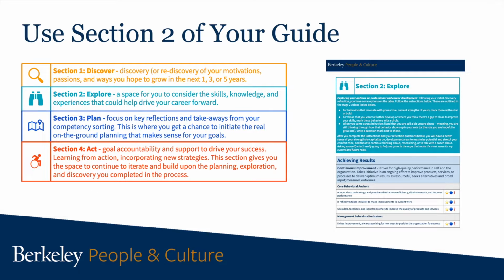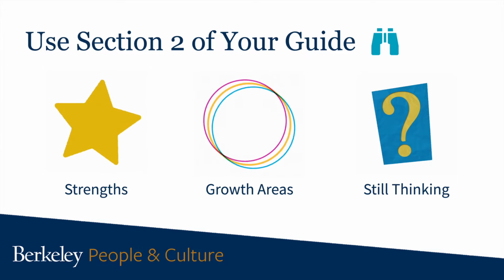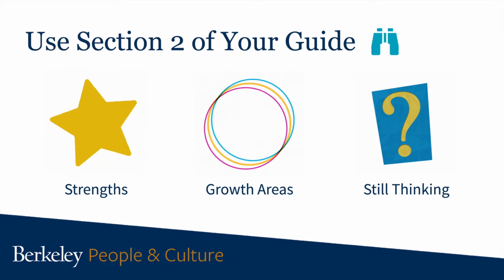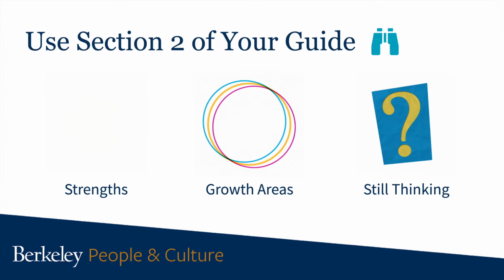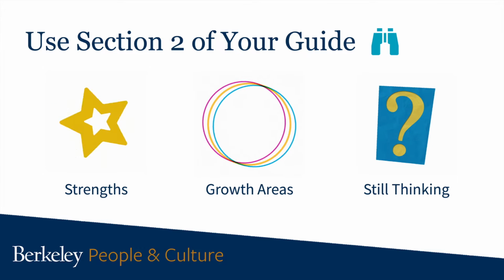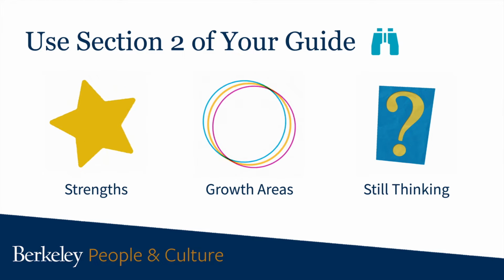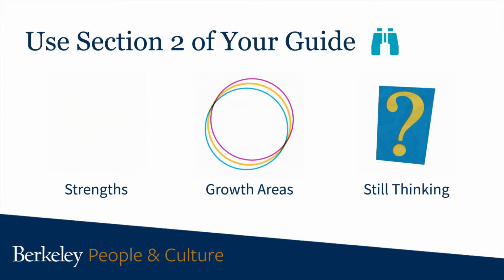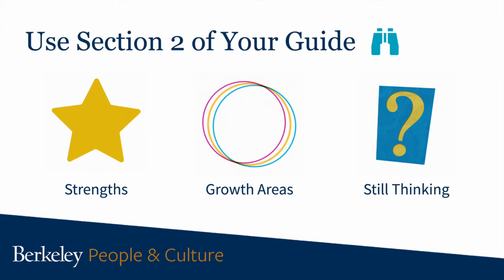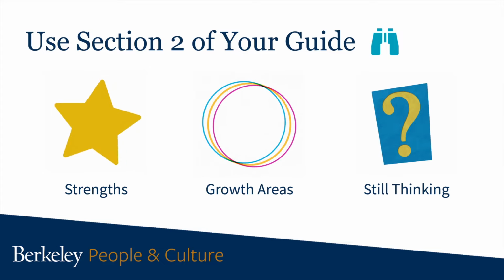For behaviors that resonate with you as true, current strengths of yours, mark those with a star. For those that you want to further develop, or where you think there might be a gap to close or improve your skills, mark those behaviors with a circle. When you come across behaviors listed that you are a little bit unsure about, meaning you're still thinking through how that behavior shows up in your role or the role that you're hopeful to grow into, write a question